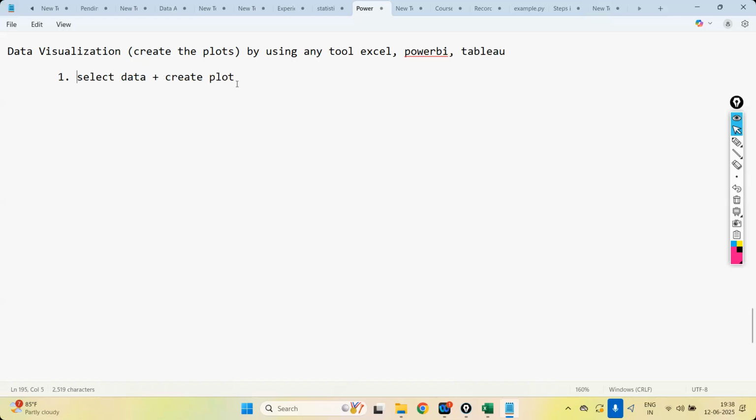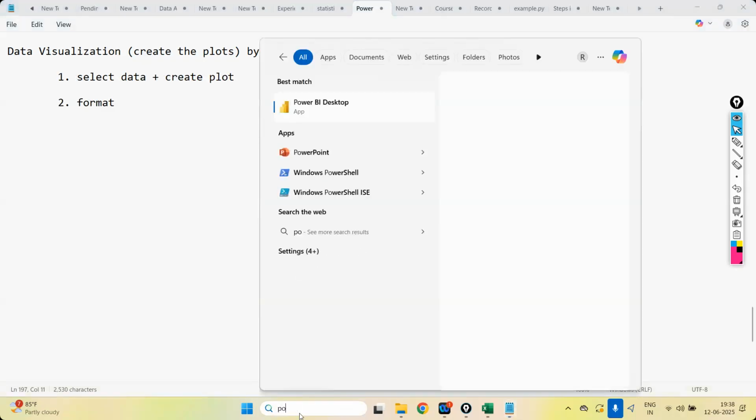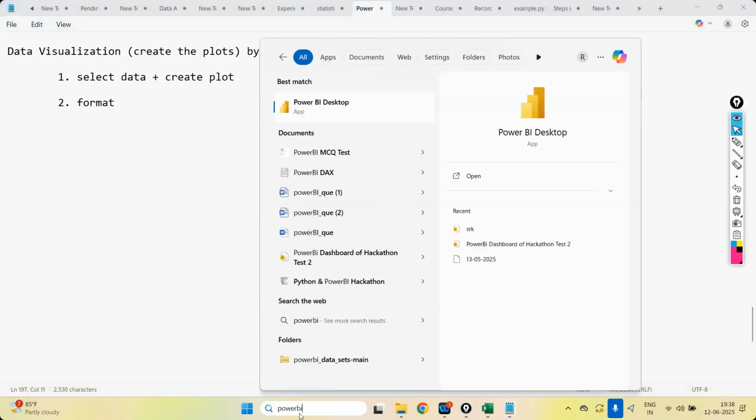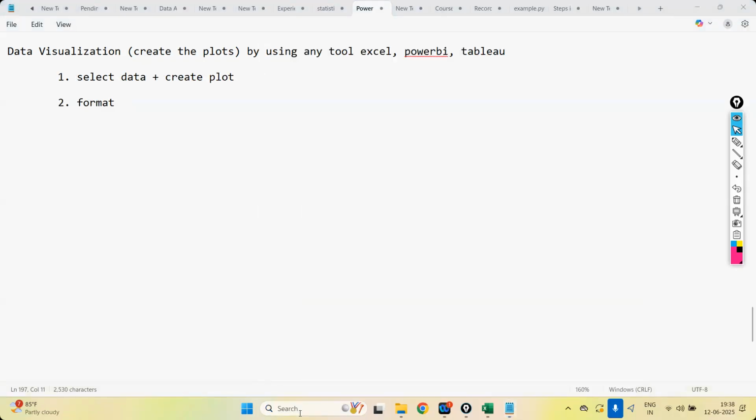The second step is formatting that. So two things we are going to do whenever it comes to visualization. If you take the same data set in Power BI, and I want to apply the clustered column chart,